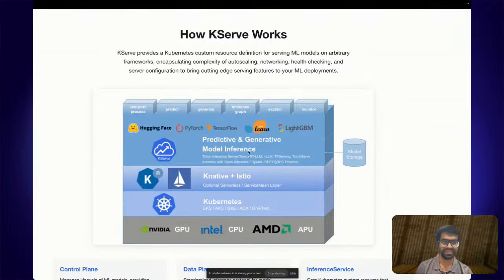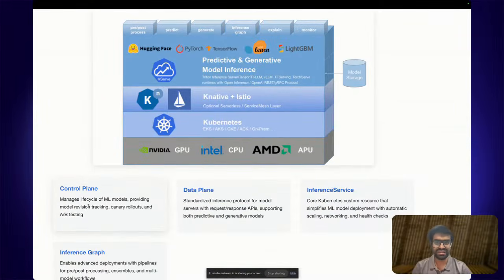So that's a good thing. And then we have all of these different serving runtimes that you see over here, including the model storage. So your storage could be on any type of object storage, or, let's say, GCS, container registry, or maybe Hugging Face. So it'll be able to pull your image from there. So you can see that this is the kind of architecture that we follow. So the control plane allows us to manage the life cycle of the model.